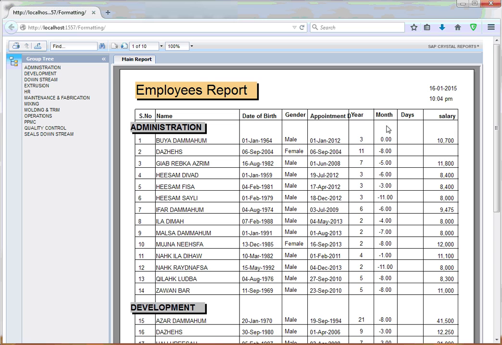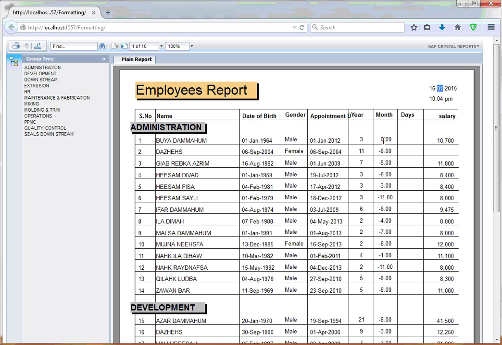Now you see this is the number of months. So if the appointment date is 1st January 2012, and we compare this appointment date with the current date, 16 Jan 2015, we subtract 2012 from 2015, so we have 3 years of experience, and January to January means